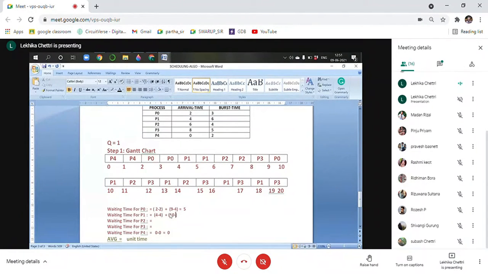Okay, so 10 minus, it started at 10, P1, but when was the last time it was there in the CPU? So we go back here, it was there in the CPU when time was 6. So I do here 10 minus 6. Okay, so after this one, has P1 reappeared? Yes, here P1 has reappeared. So I will again have to perform. How long did it wait to come to the CPU?